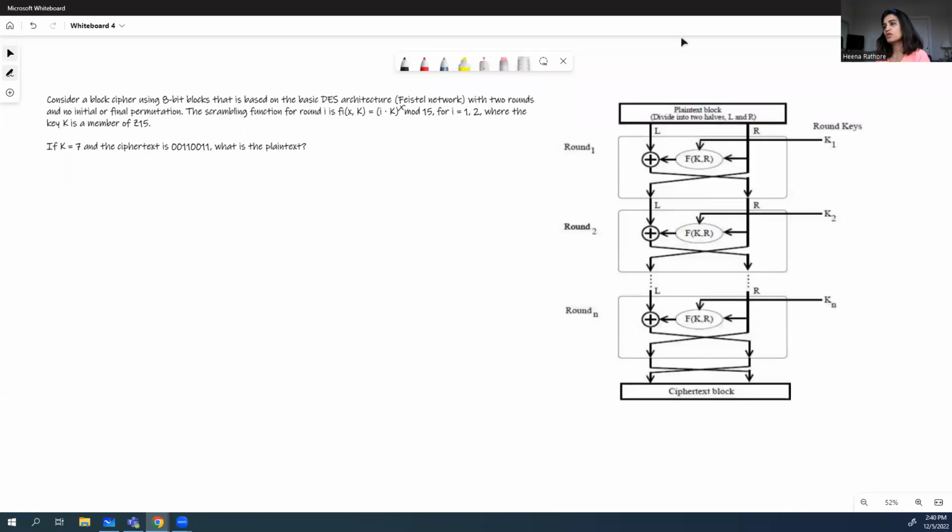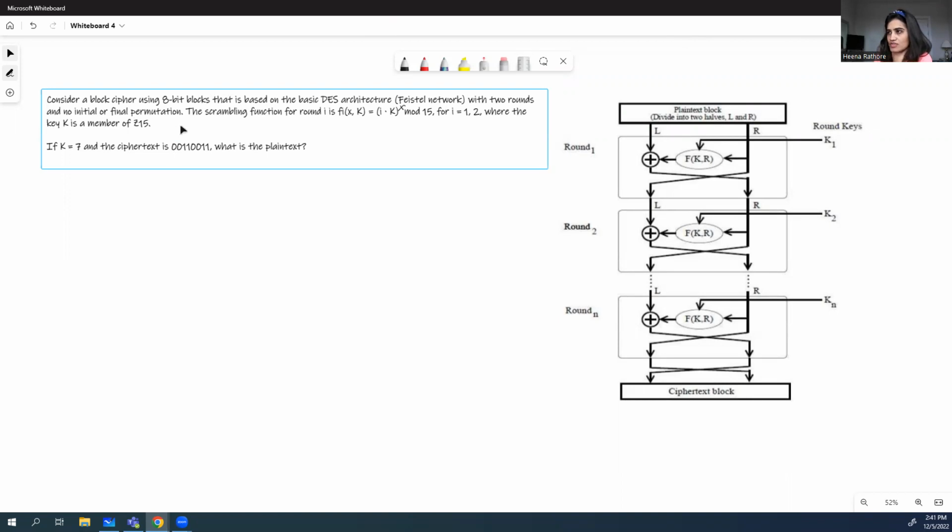Hello everyone. In this small recording, I will be covering the Feistel structure. One of the questions is based on this Feistel structure, which is of course a bonus question. Here in this particular question that I have given in the final exam review, you will see that you